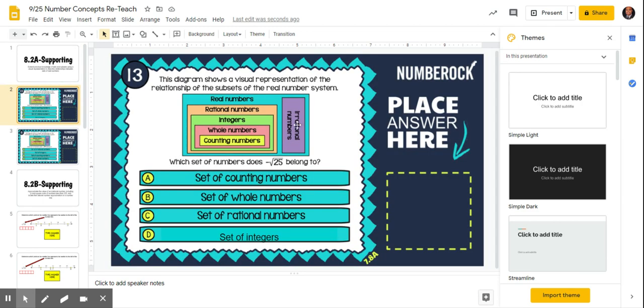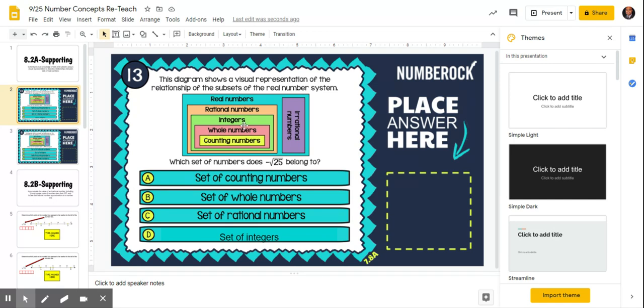Number set relationships: we have sets and subsets of the real number system. Irrational numbers are numbers that can't be written as a fraction. Rational numbers can be written as a fraction. Integers are positive or negative numbers that are not fractions or decimals. Whole numbers are only positive numbers, and counting numbers are numbers I can naturally count to. Little secret, the only difference between counting and whole is that whole numbers have 0, because you can't count to